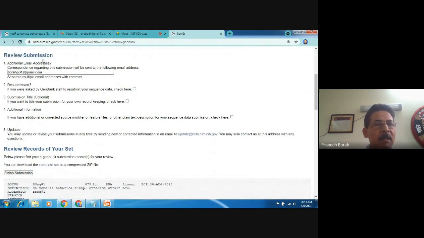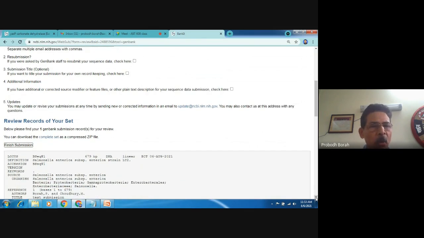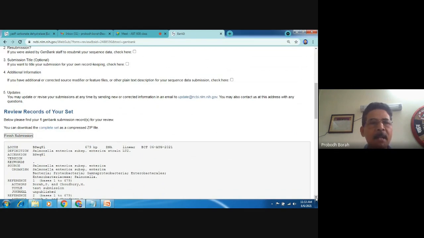Now it is asking for an additional email address. Already I have an account there. The original email address that I have given as the preferred email address has been shown here. If you want to change it, you can change it here, or you can provide an additional email address for correspondence. So let me keep it like that. No more information is needed to be submitted, but there are more options if you want to choose them according to necessity for putting up additional information. But we will not do it now because we do not have any other information pertaining to the sequence.